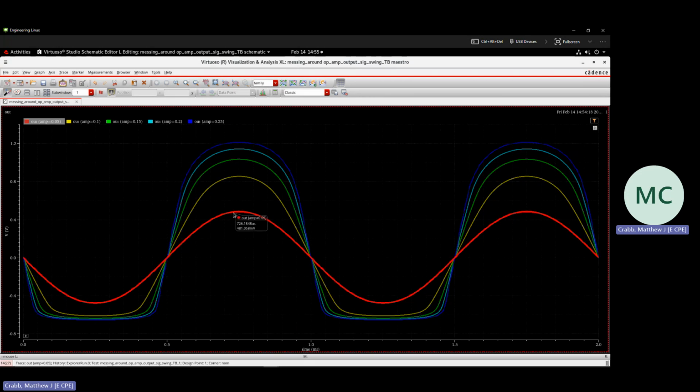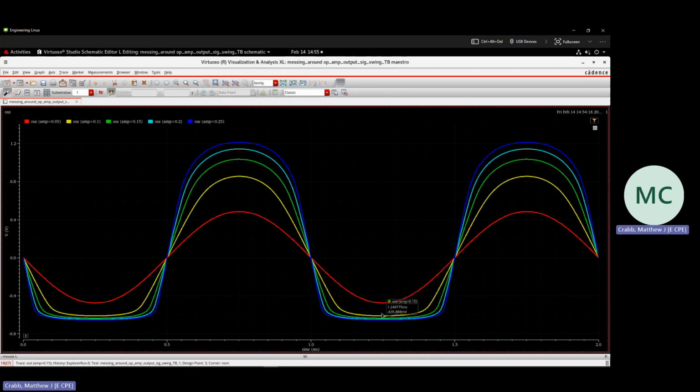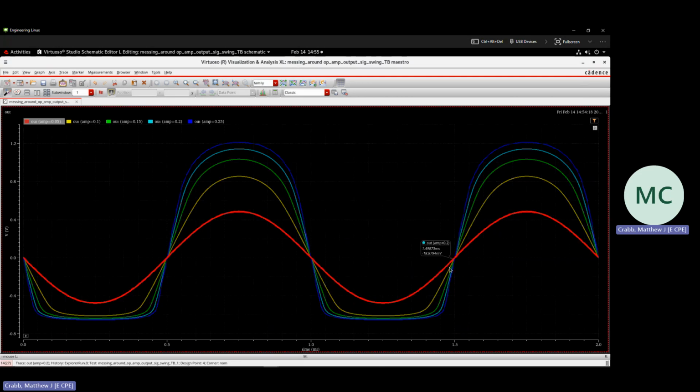This one I think is just fine. So to be more sure, I could run another simulation with some more values. I could do a couple of values that are a little bit smaller, a couple that are a little bit bigger, and just look for the point when I start to see distortion, and that'll be about my maximum output signal swing. But from looking at this, I feel like I have a nice sinusoid here,